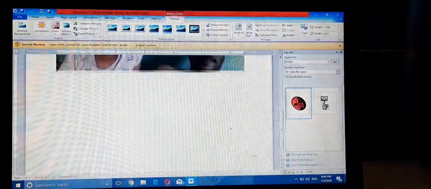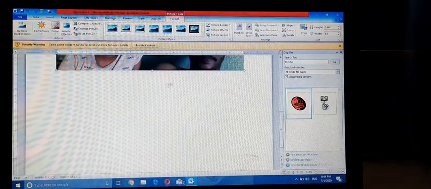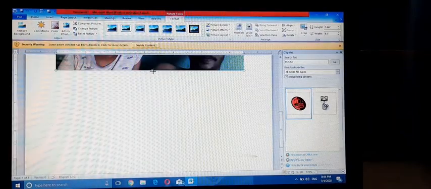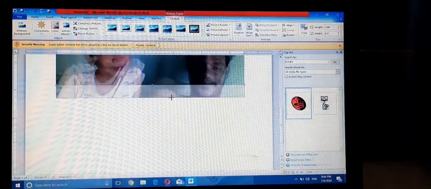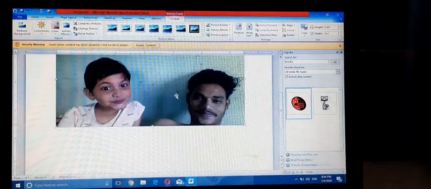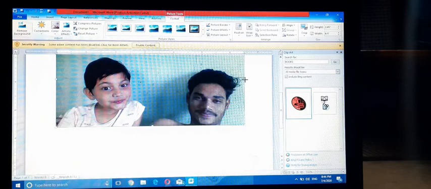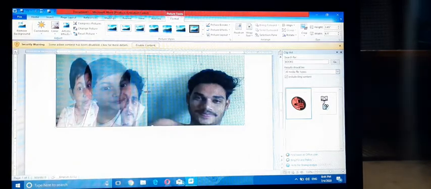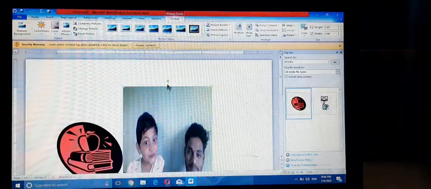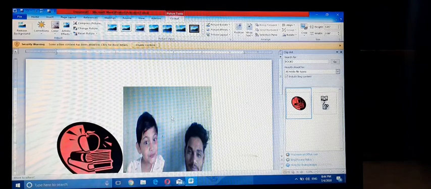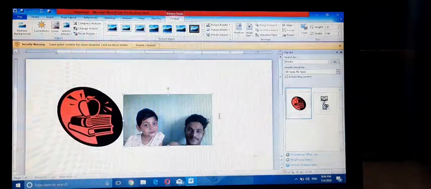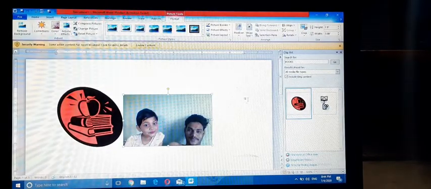Okay, resize the picture using the resize button like this. Okay, in this way you can insert clip art and picture in your document.